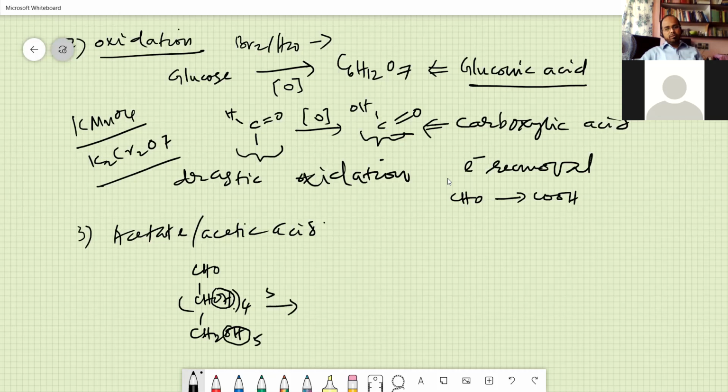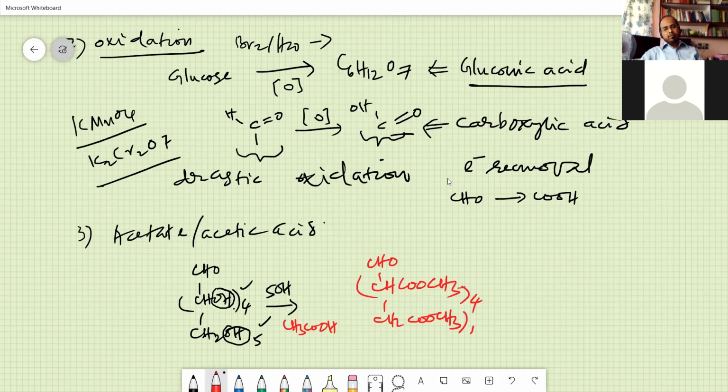So you have got 5 OH groups there. When you add acetic acid here, this is converted into CHO, CHOCOCH3 4 times, and CH2OCOCH3 1 time. So what you get is the penta-acetate